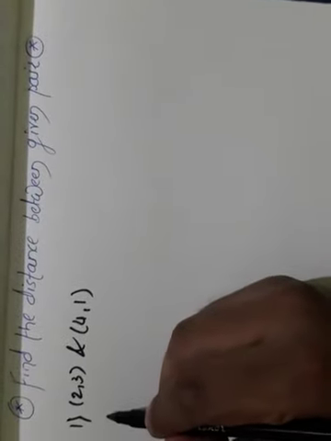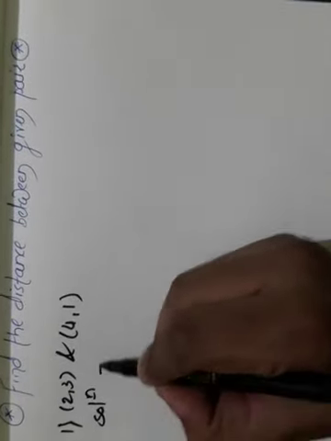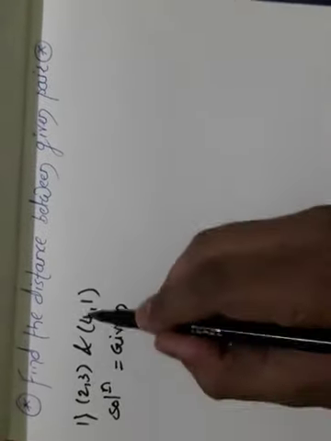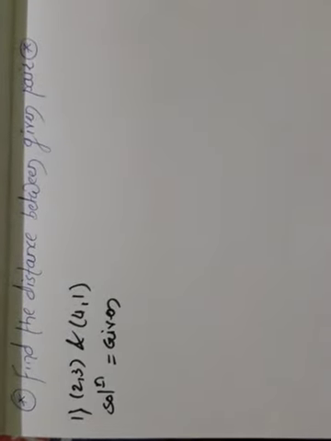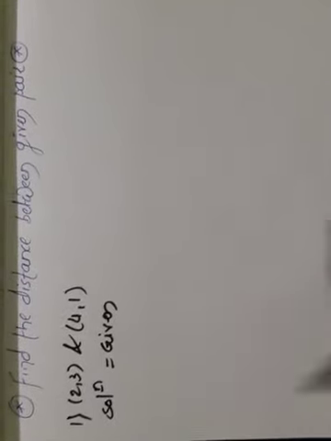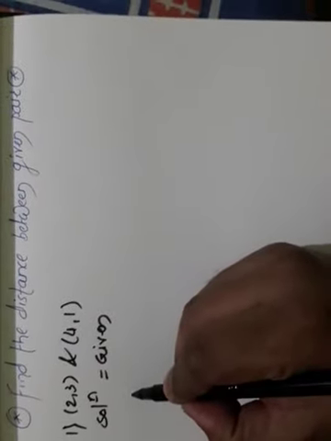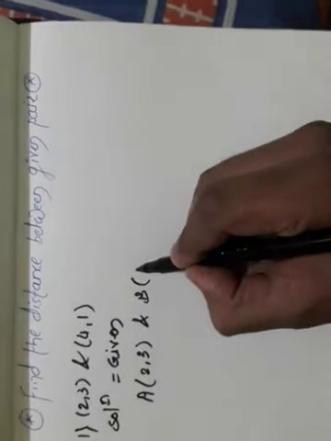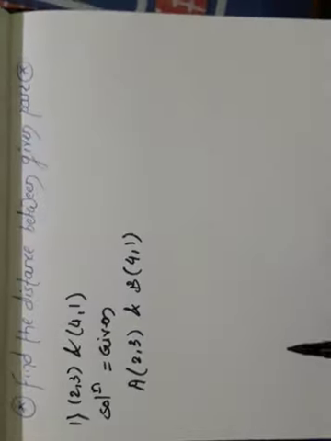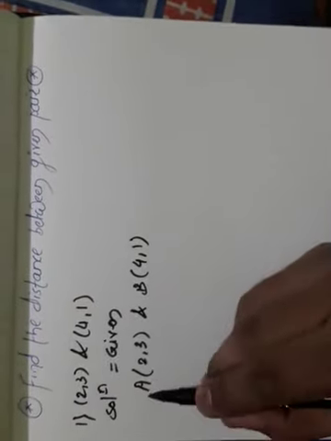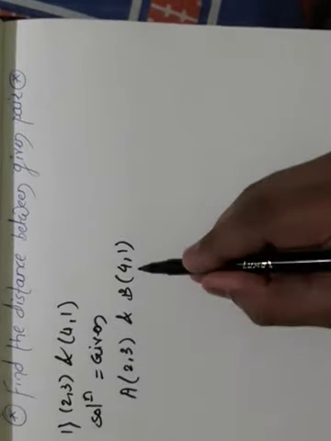How to start this? Look here. You know very well what we write: Solution, given. What is given? This first point and this second point. Here the points are not named, so you can consider point A, B, C, D or P, Q, X, Y, any point you can consider, no problem at all. Suppose I have considered point A as 2 3 and point B as 4 1. By using the given information, I have considered the first point as A and the second point as B.